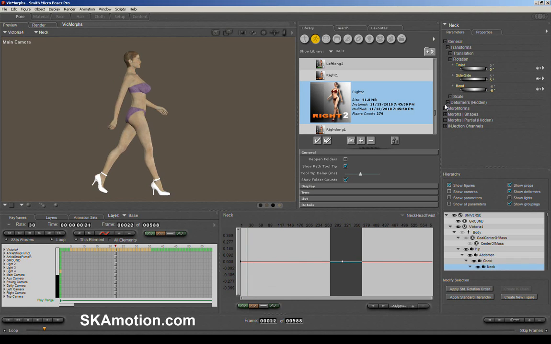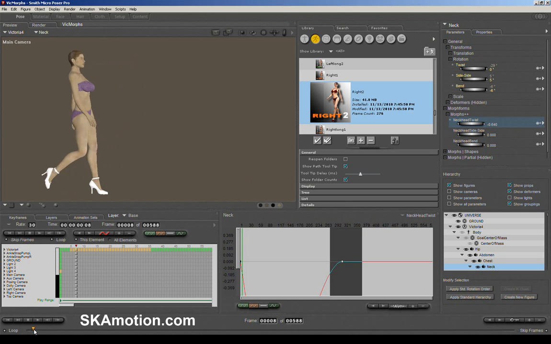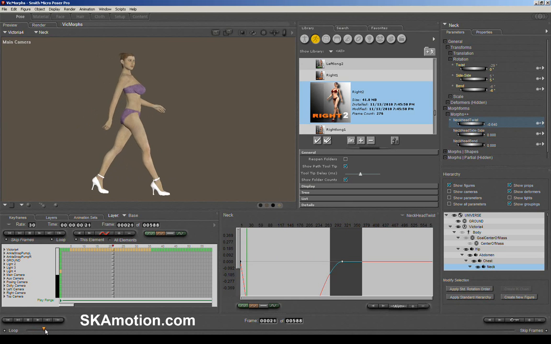But let's have a look at her neck. Let's see if there's anything there that we can use. If you have a look at the morphs underneath on the neck, you'll see that we have a head twist. Now you can animate these if you like, and that's actually a good way of animating her looking left and right, because that has no animation on it.